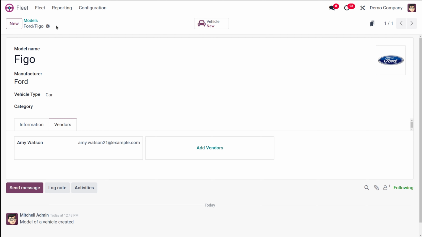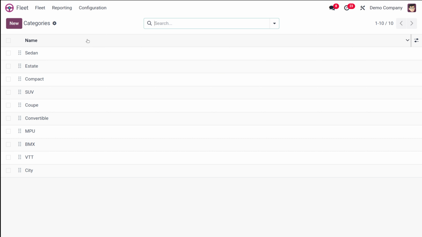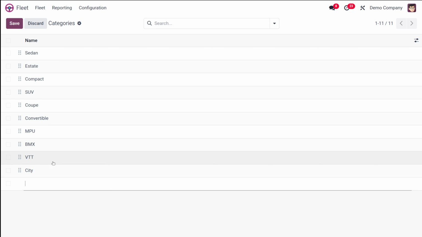So you can actually organize your fleet with vehicle model categories. So you can go to the fleet tab, configuration, model categories. Okay. So here you can see the categories under models. So from here, you can actually click on new and create a new category. So you can enter the category name over here. Okay. And then you can even drag and drop it to reorder the list. And when used with the inventory app, a maximum weight and maximum volume fields can track vehicle capacity.